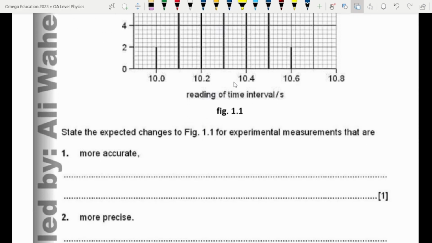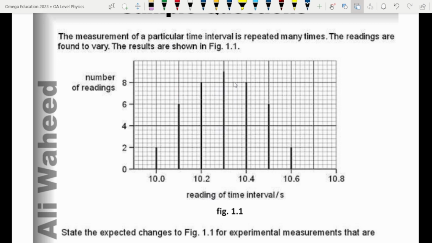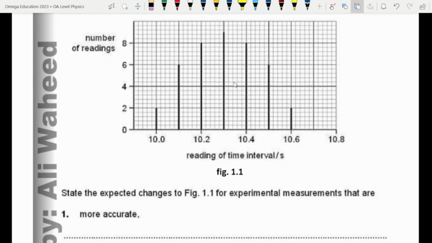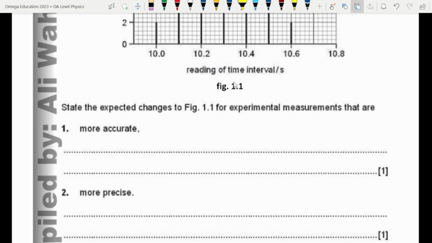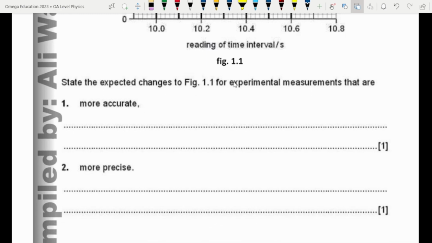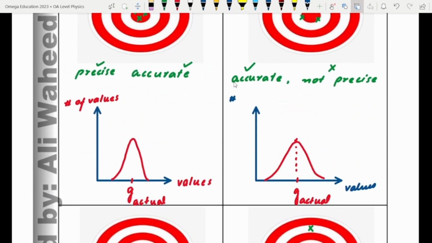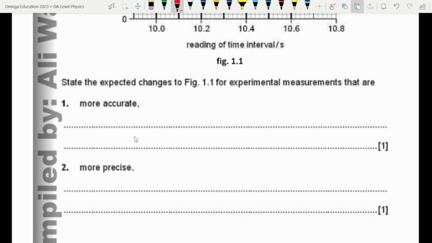Alright, state the expected changes to figure 1.1 for the experimental measurements that are more accurate. If the measurements are more accurate, what would be the change in the figure 1.1? If the measurements are more accurate, then the peak of the graph would be shifted towards the actual value. For example, this one. If it was accurate, the peak of the graph was always towards or above the actual value. So what we can write here is,